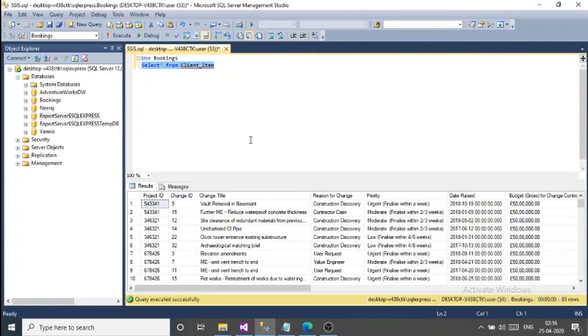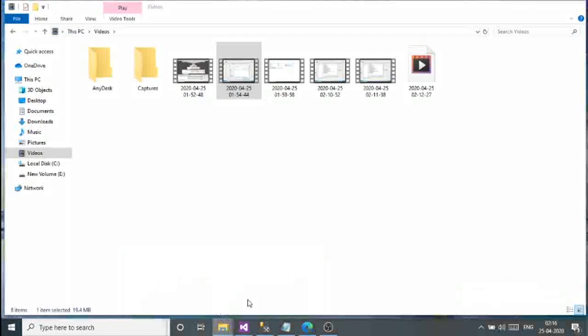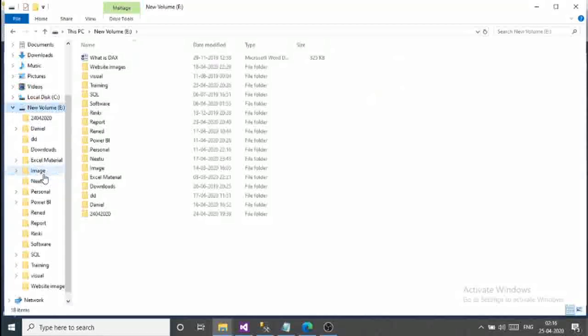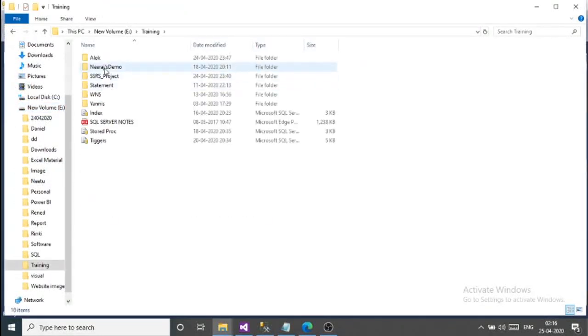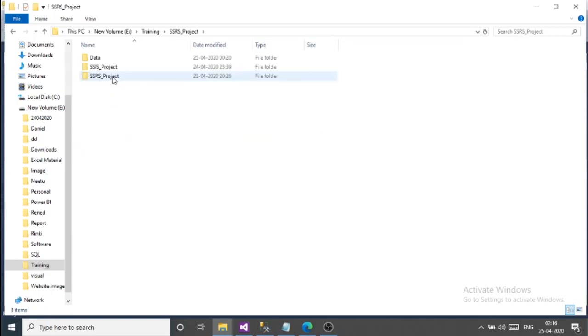So you can see here the data is coming. All the data is what we can see in our Excel document. There are 95 rows in the Excel document, and if you check, there are also 95 rows in our SQL table.